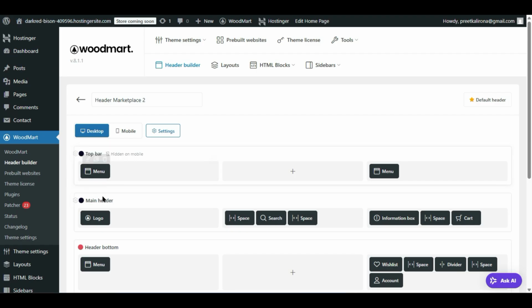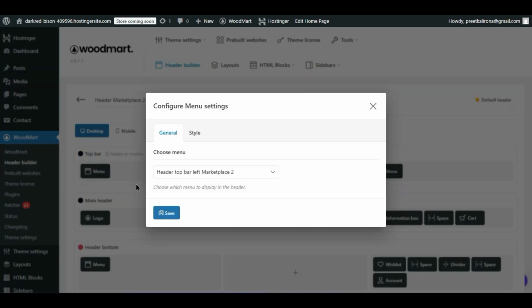So let me hover my mouse to the menu, and you will see a little pencil icon to edit this one. Let's click edit. Now you only have to look here at which menu has been used. The menu used here is header, top bar, left, marketplace 2. So either we have to find this menu in the menu option and customize it, because here we only have